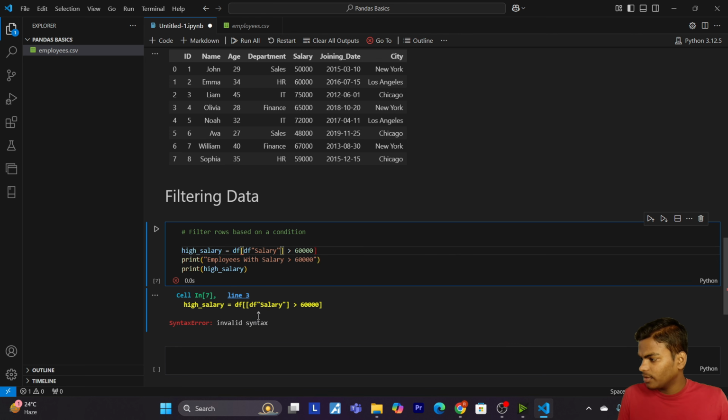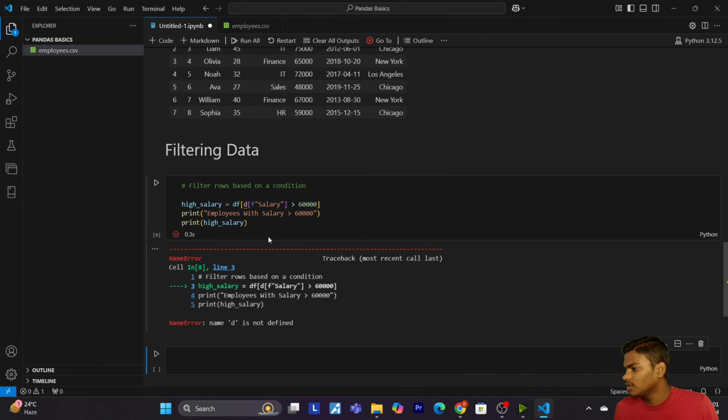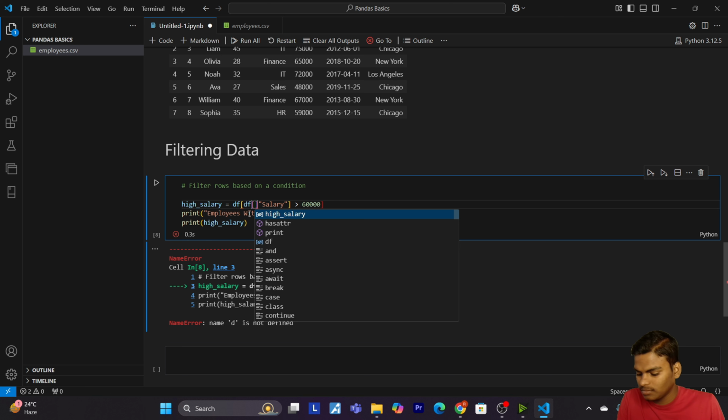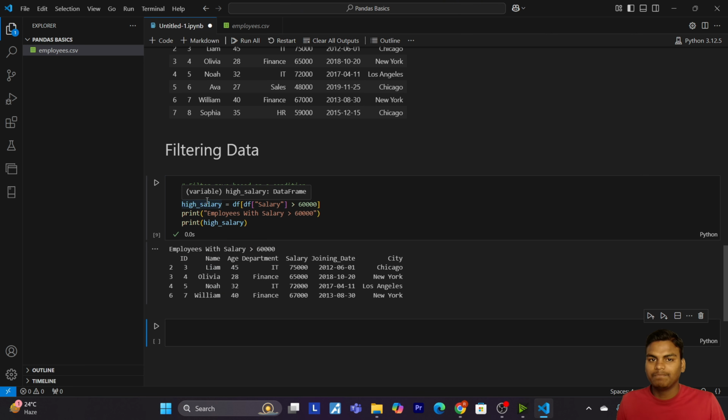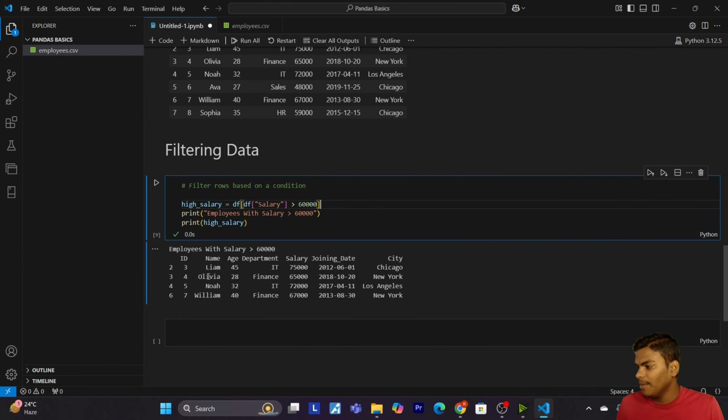So let me correct this. Okay, so here you can see that we got 4 rows: Liam, Olivia, Noah, and William, as their salary is greater than 60,000.